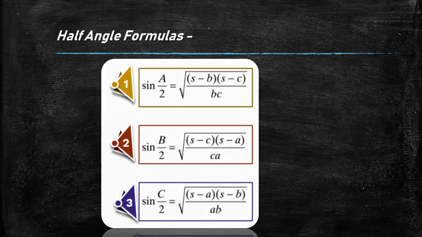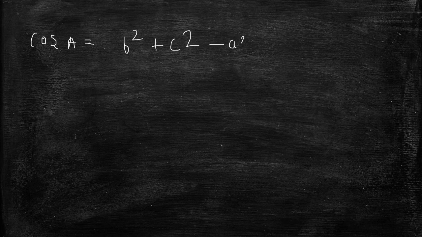Okay. Now let us prove this. Let us prove the half angle formula. As Napier's analogy was a derivative of the sine rule, in the same manner I will prove this half angle formula from the cosine rule. How can I prove this? I will prove this for one, and you can prove the others by the same method. So cos of angle A will be equal to (B square plus C square minus A square) by 2BC. This is my cosine rule that I have proved earlier.